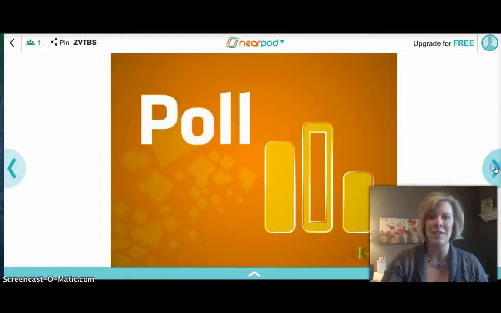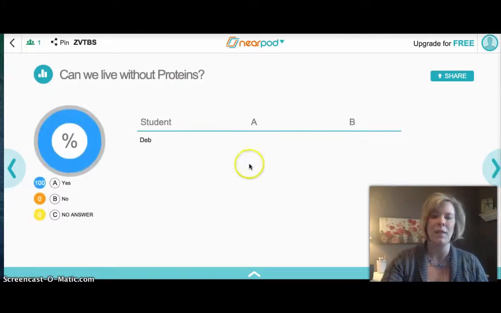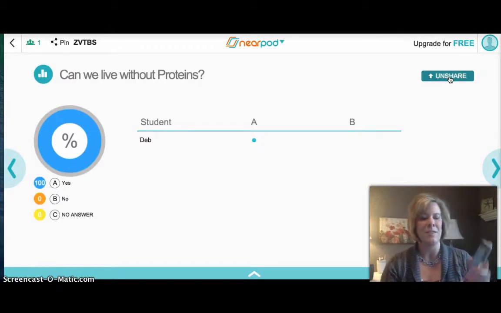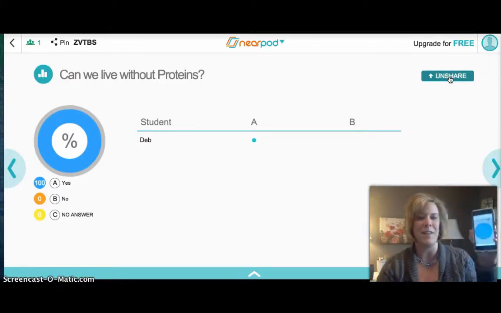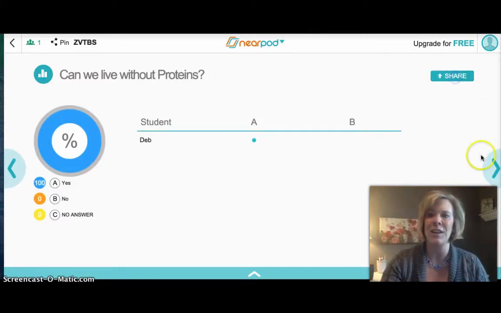And the first thing I can do is ask the students a poll. So students right now have a poll question in front of them. They can answer, and it will show up directly in front of the teacher. It'll also show a pie graph over here. I can share this in a share button with the rest of the class anonymously if I'd like. You can see right here, I have just me in the classroom, but I can see one person had said yes. And then I can unshare it and continue through the lesson.